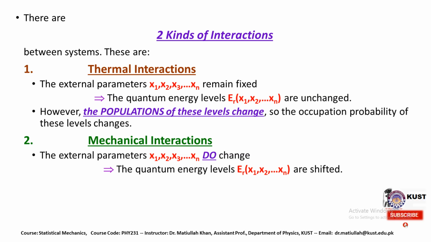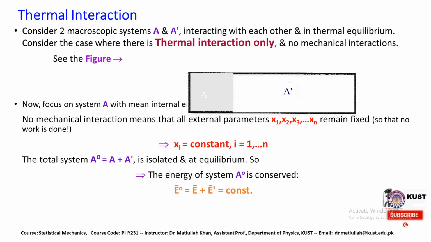I mean in this case both the quantum levels and the external parameters are changed in case of mechanical interaction, while in thermal interaction it is unchanged. However, the population of this energy level changes. So we are coming toward the detailed study of thermal interaction, and for this purpose we need to consider two